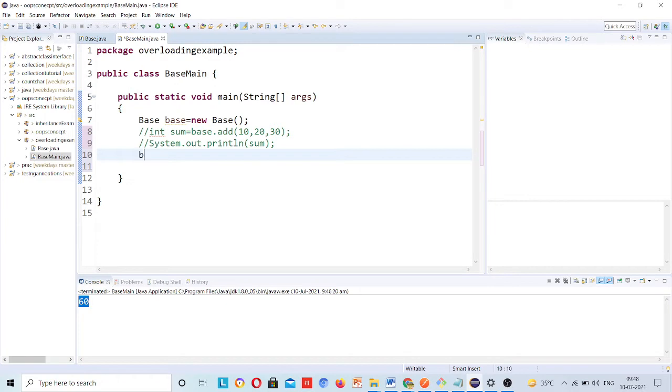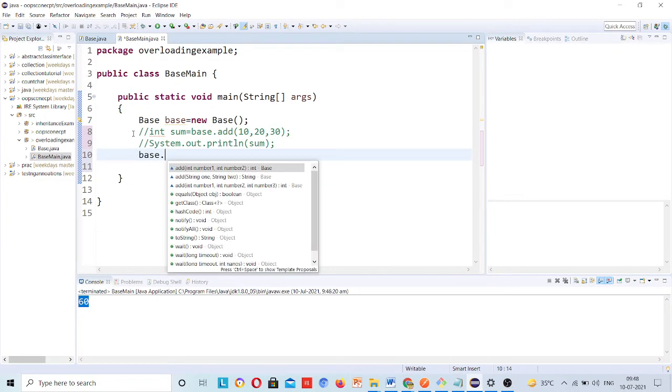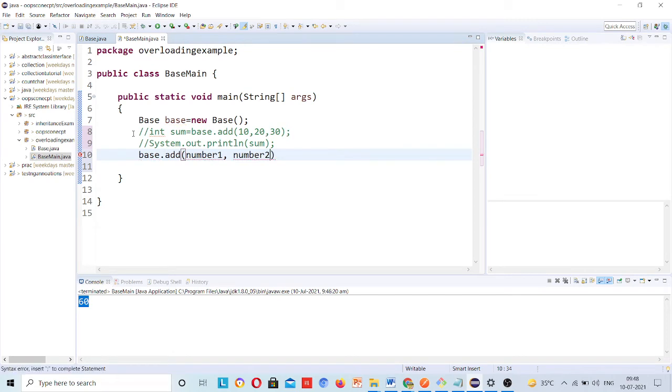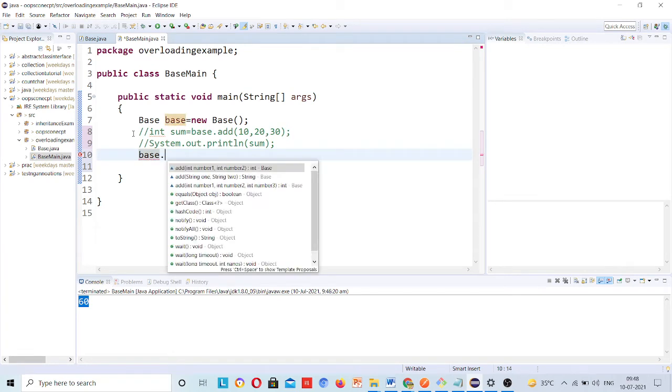I will call base dot, here you can see first of all base dot is suggesting one method, integer number 1, integer number 2, then it is suggesting string 1, string 2, then number 1, number 2, number 3. Okay. Now, I will call base dot this string method.